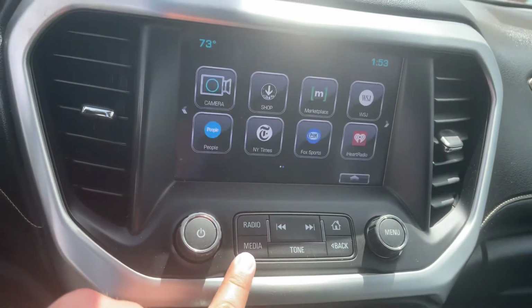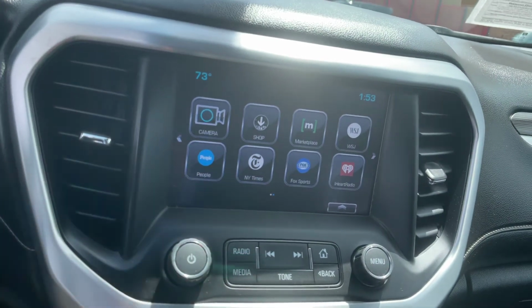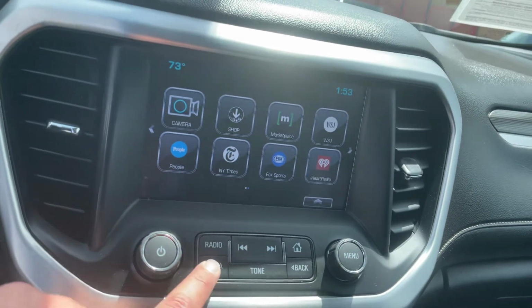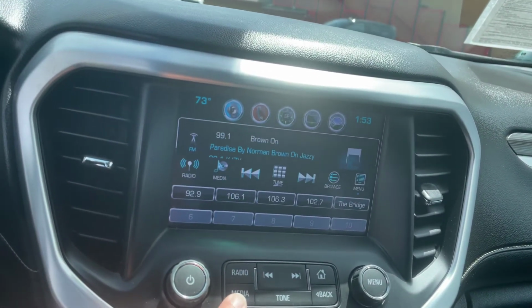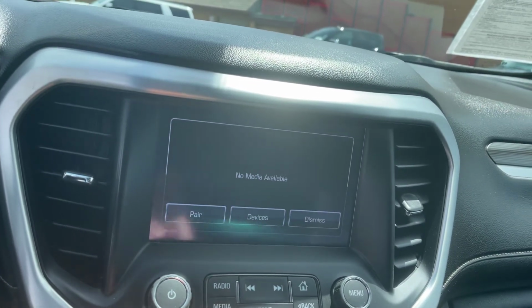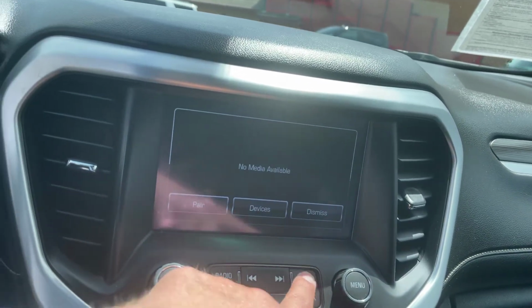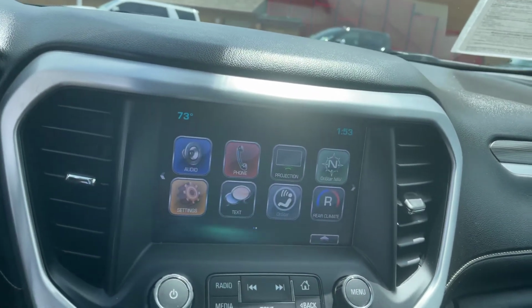You do have Apple CarPlay, like I had said. You can also Bluetooth your phone to the car and have streaming audio, AM, FM, and XM radio, and then you also have the media for your cell phone, so you can stream your music from your phone to the radio. Downloadable apps, and back here